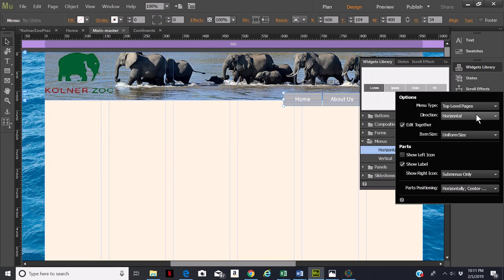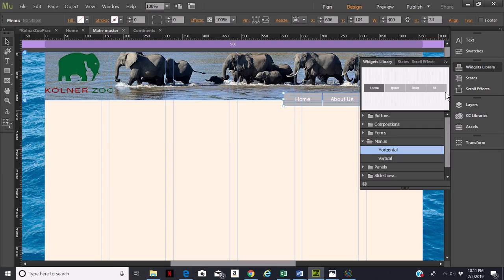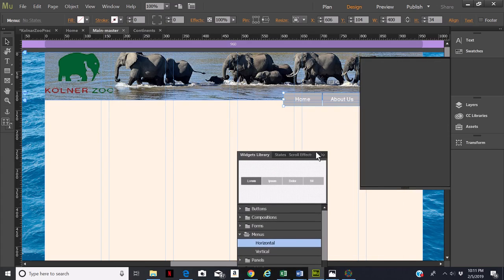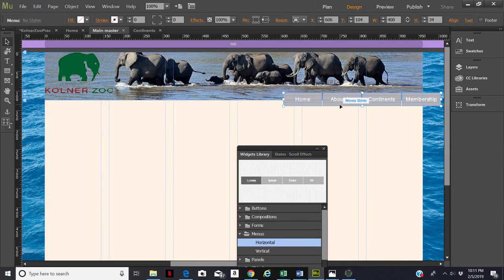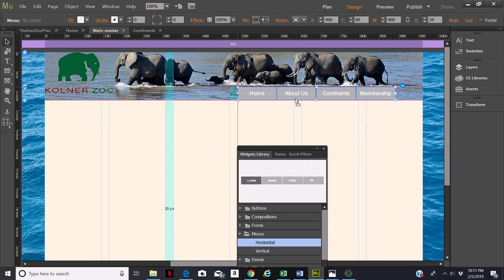I can press Escape to get rid of this. And I think I'll just move this out of the way for right now. I'll move this up. Line it up nice and neat, either with the edge or I can line it up here with this line, but I think I'm going to line it up with the far right edge. Okay, now